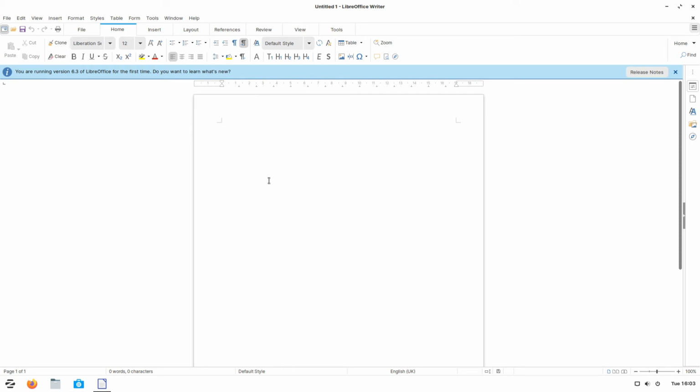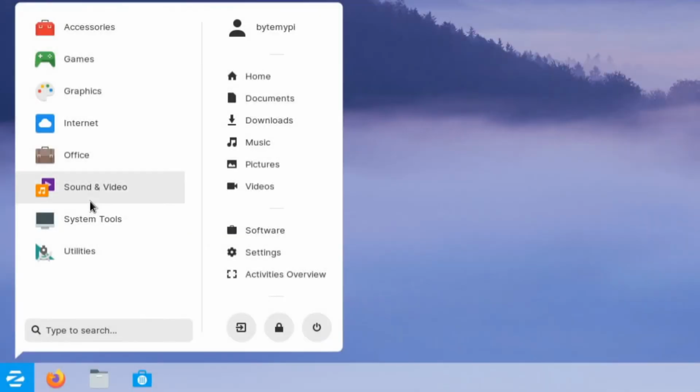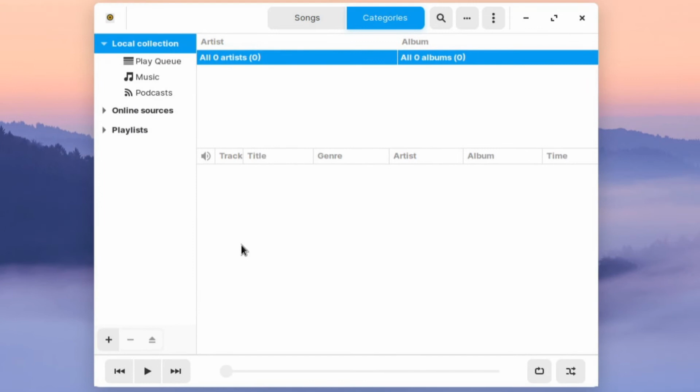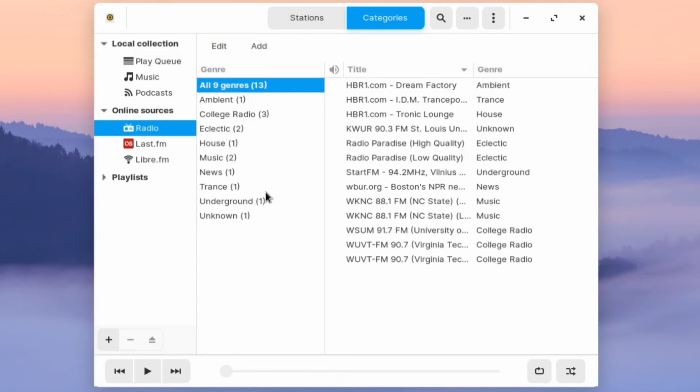Now when you save any of your files, they'll be in the Microsoft file types so that they're compatible with Microsoft's Office suite. In the sound and video category, we've got the Rhythmbox music player built in. Besides playing all of your audio files, it's got a very nice online sources section built into it. So if you like listening to the radio, you could be interested in this section here. It has some stations included by default,